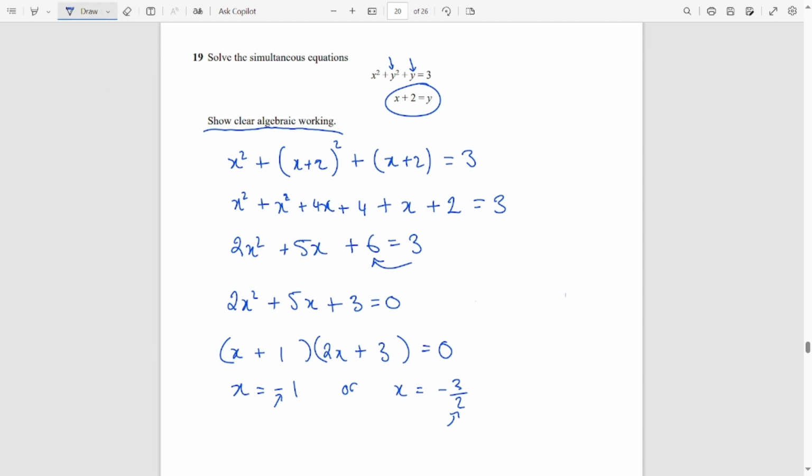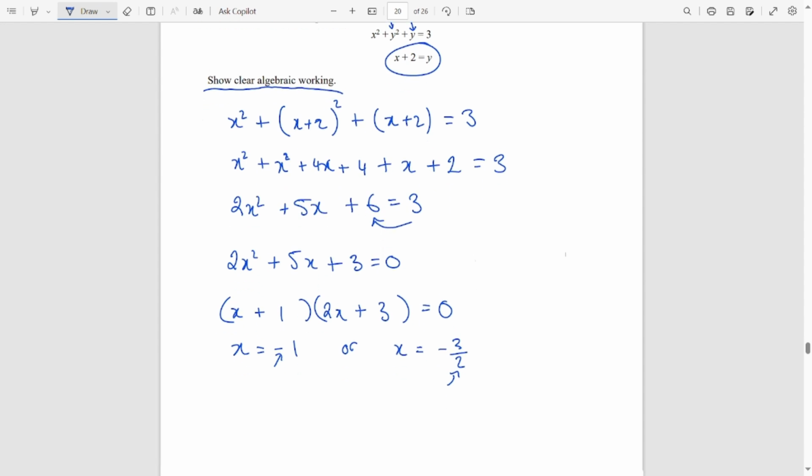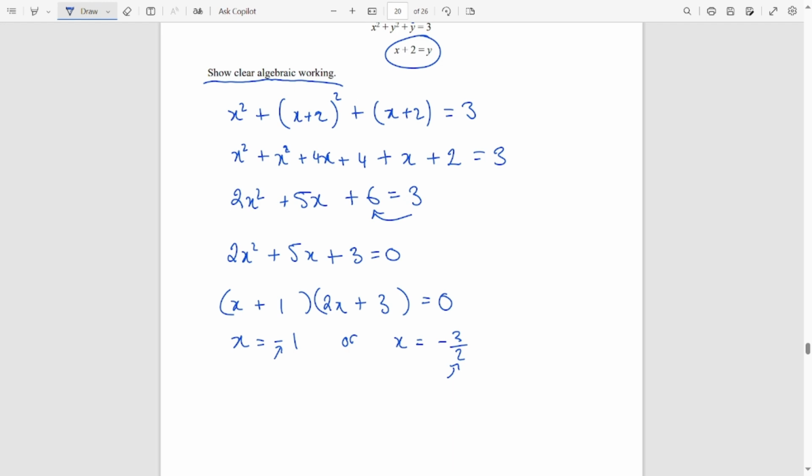Okay, so I have found the values of x, I have factorized, or at least pretended like I factorized. We are not quite done because we also need y. So for each of these values, I'm going to put them back into here to work out what y is. So if x is minus 1, plus 2 is 1. And so that is the second y value. If x is minus 3 over 2,